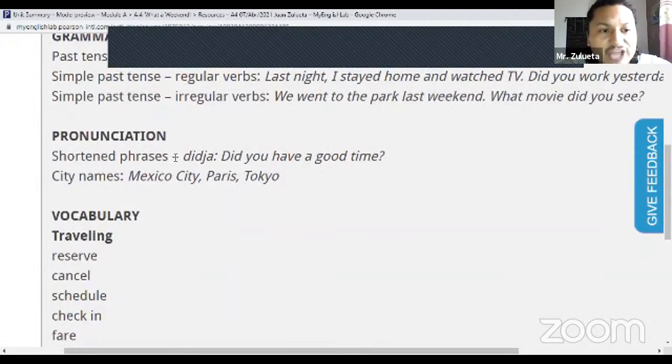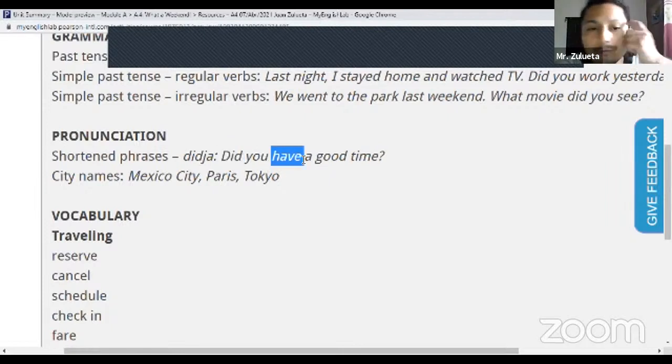Then we have the pronunciation for dicha. This is the same as did you. And well, this auxiliary verb is the one that you're going to use the most when asking questions. Did you play? Did you eat? Did you go? Did you buy? Did you see? Did you watch? Okay. And of course, remember, it is called an auxiliary verb because it aids, ayuda, pues al verbo núcleo de la pregunta. Por lo tanto, el verbo ya no debe de estar conjugado en pasado. Este auxiliar lo convierte en pasado.